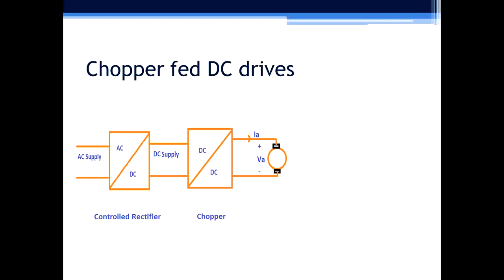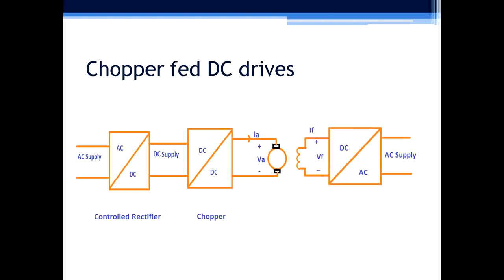To generate DC voltage you can either use batteries, or we can use a control rectifier; an uncontrolled rectifier will also do this task. So the input to the chopper, that is the DC supply, will be taken from an AC to DC converter, either through a control rectifier or through an uncontrolled bridge rectifier. So the first stage is AC to DC, and later on we convert fixed DC into variable DC to change the armature voltage, and by controlling the armature voltage we can control the speed of this motor.